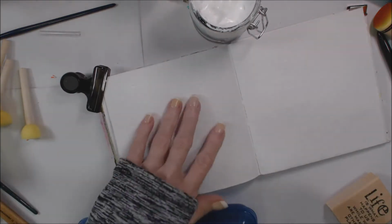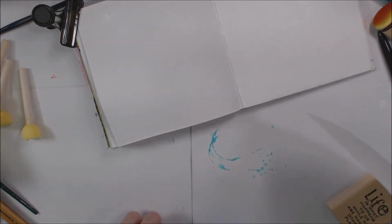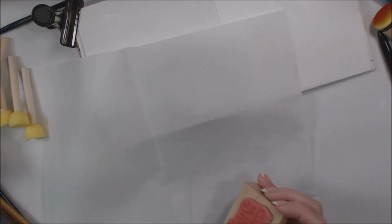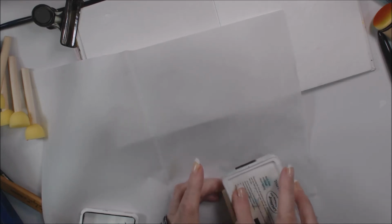First thing this morning, I gessoed these pages because these are really bumpy choral pages, and I wanted to use some more water medium on it. So in order to do that, let me get some black ink here. I wanted to add the gesso as a little bit of a barrier. So I'm going to